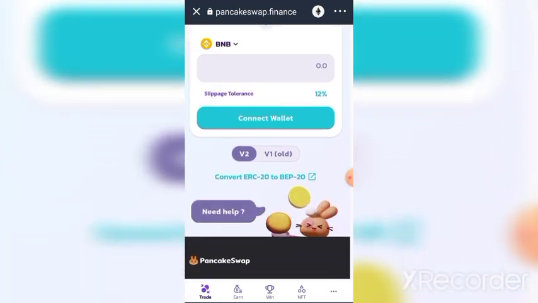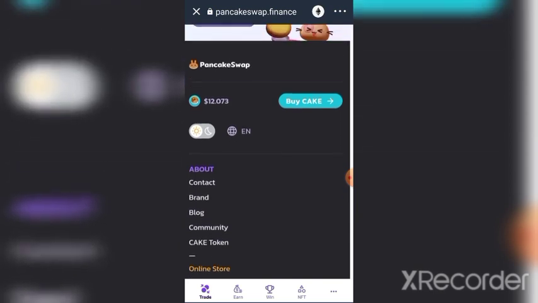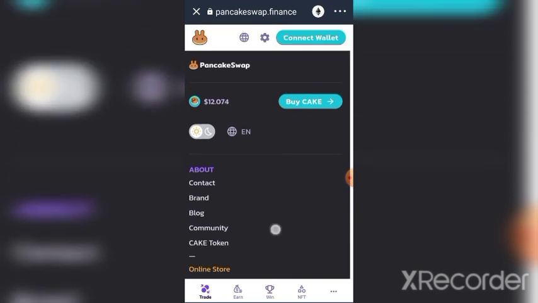You will not see connect wallet. You understand? Because you should have connected your wallet. If you connect your wallet, you will see swap or something like exchange. You swap it, it will show you the network fee they will charge, and just continue to click and you confirm your transaction. That is the end, guys.